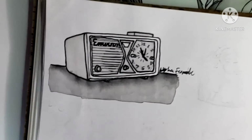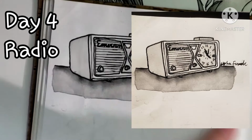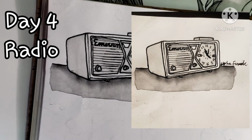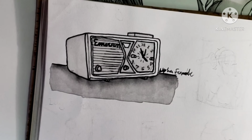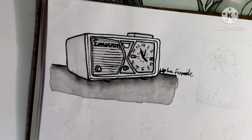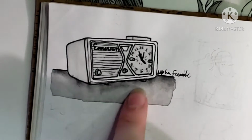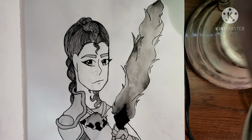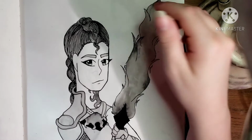I'm an idiot. So day 4 was radio, and I did a sketch of a radio, and I actually really liked it, so I just did it in here, because I knew for a fact that I would not be able to redraw this radio. So yeah. Day 5 was Blade,